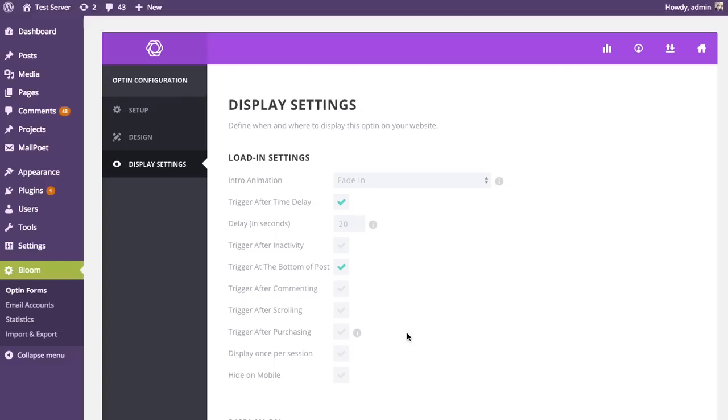Next up is the trigger after purchasing. So if someone comes to your site and you have an e-commerce website built on WooCommerce and someone purchases a WooCommerce product, this will display the pop-up after they're done purchasing. And what's so cool about this is that you can create a specific pop-up and add people to a specific list. Let's say this is your sales funnel list, or